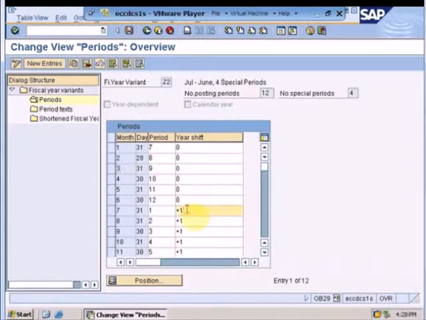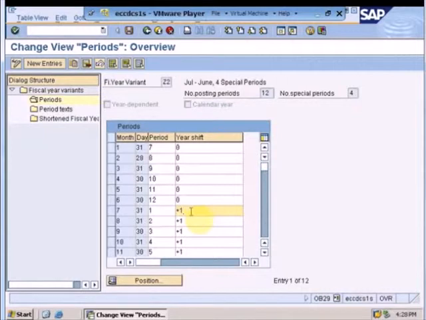And I give a year shift to it, that if I am in my 7th period, that is January, that would be known as fiscal year 2012. For example, if I am in year 2011 and my first period is July, then according to that my fiscal year would be considered as 2012.